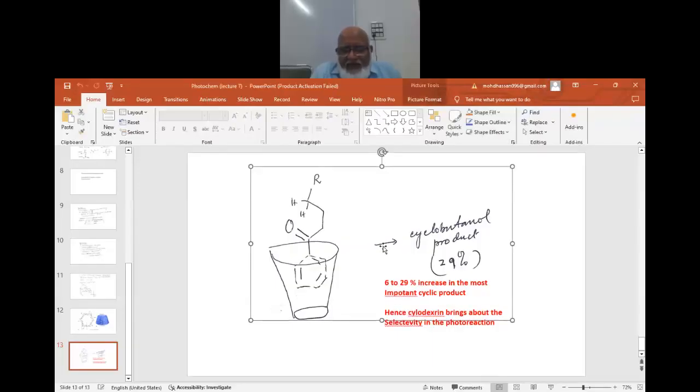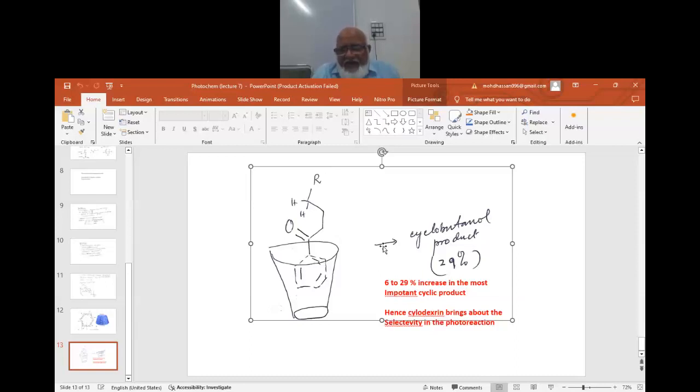And this is another slide where what I try to show over here is the photochemistry. In the case of Norrish type 2 reaction, cyclobutanol is one of the most important and attractive products, but the yield of this product is very low in the normal reaction condition. So people have made attempts to increase this product.